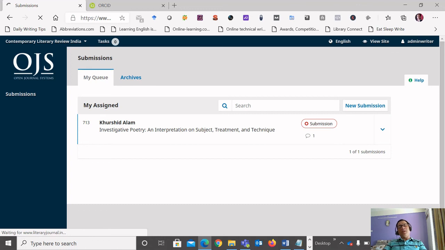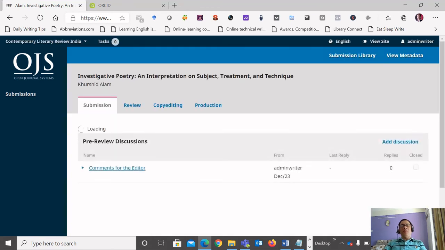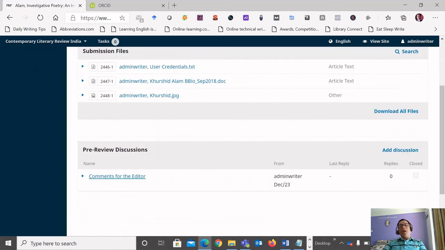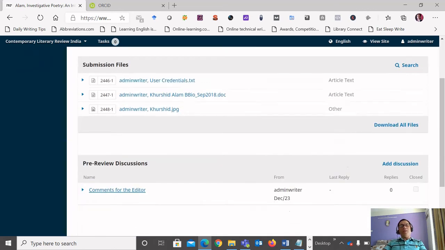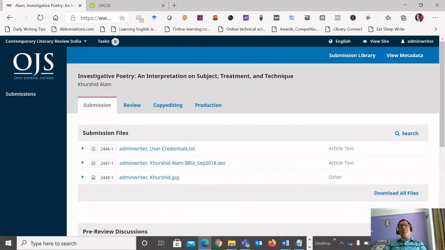You can also open this in details and can see the details of your submission, what you have submitted, like your materials and comment. The beautiful thing here is that you can directly communicate to the editor via this system. Once you log in, you can write any information here directly to the editor if there is anything.